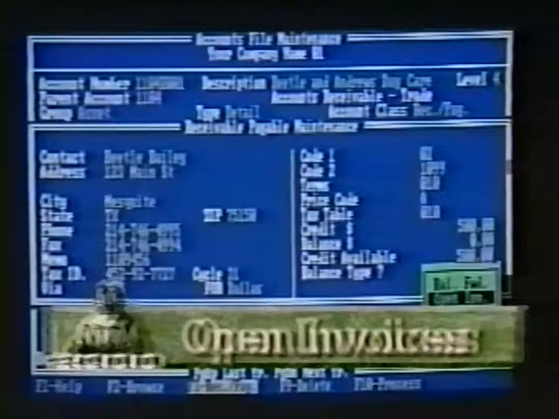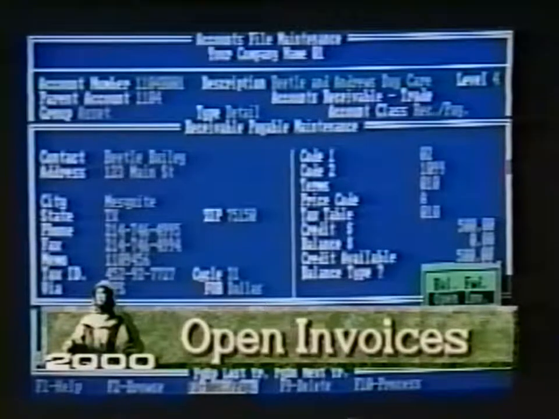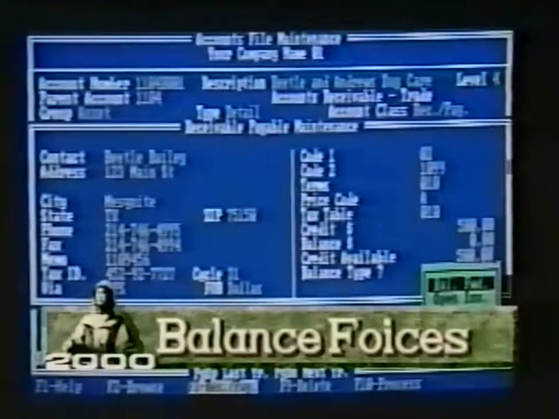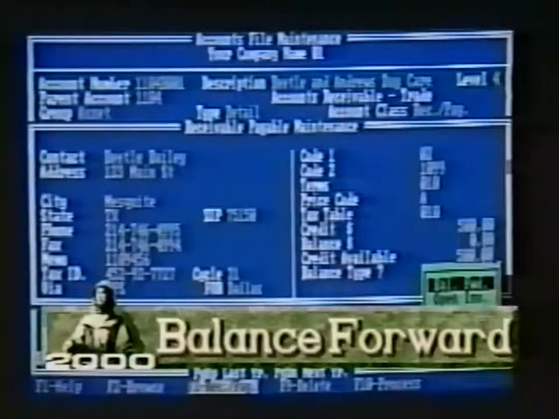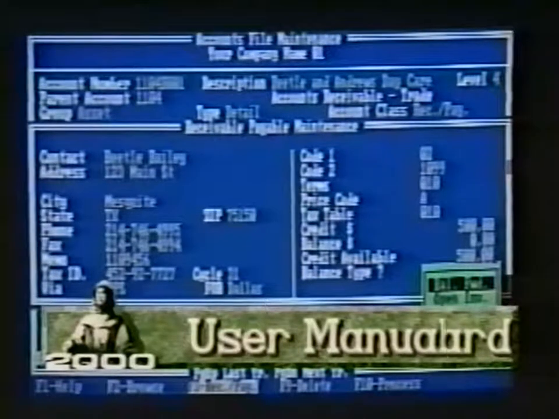In the credit dollars field, enter the credit line offered the customer or the credit line the vendor is offering. The balance and credit available are automatically calculated by Pacioli 2000. Finally, select whether this account will be a balance forward or open invoice account. If you want to print details of each unpaid invoice on the printed statements, select Open Invoices. If you want to control by transaction but not by invoice number, use Balance Forward. Check the user manual for additional information on these 2 types of accounts. Now press the F10 key to process this information.